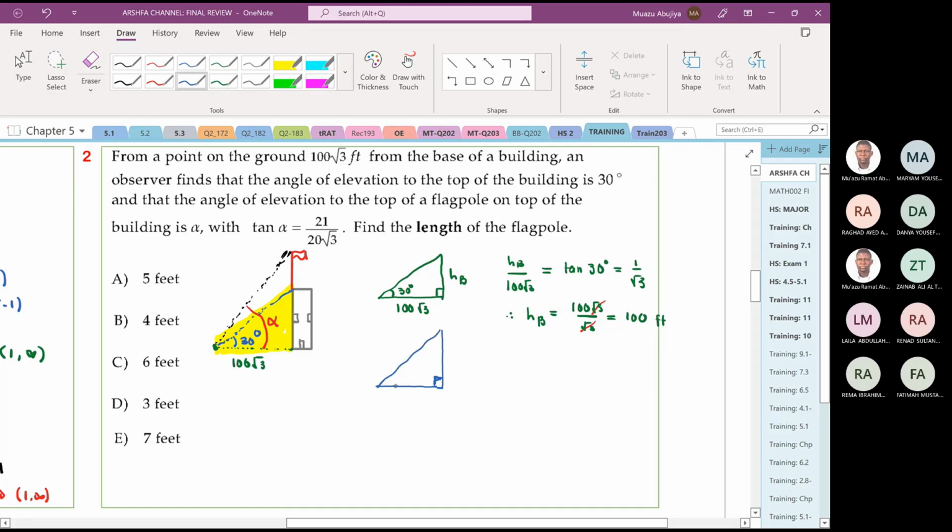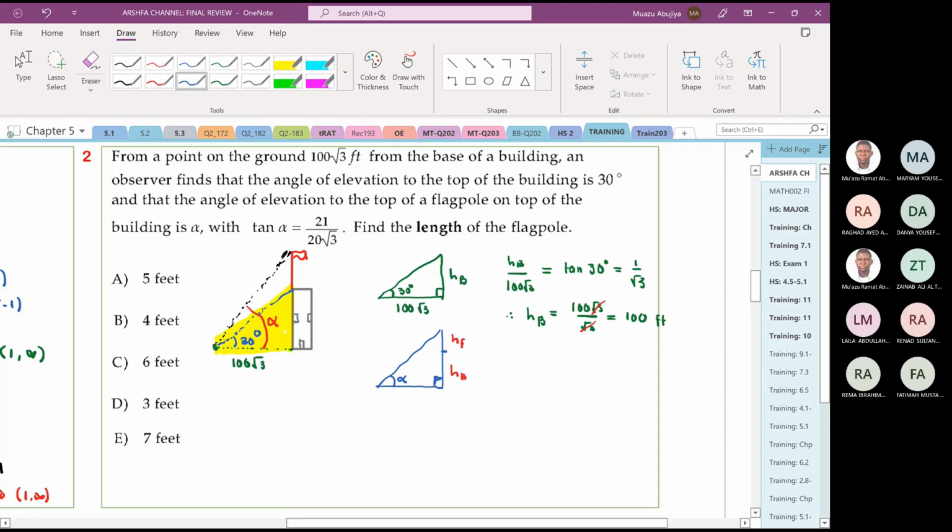Now the bigger angle is alpha. Here we have two things: the height of the flagpole, so from here to here is the flagpole. We can say the height of the flagpole, HF, and here we have the height of the building. So you will agree with me